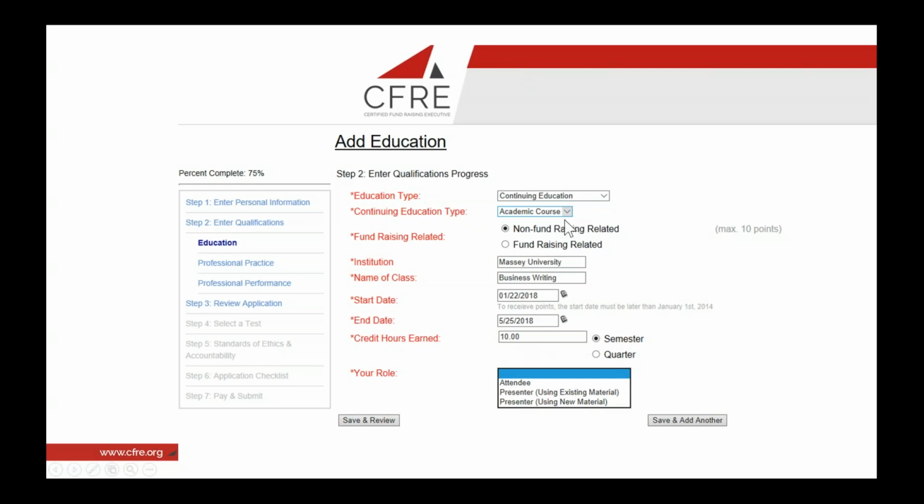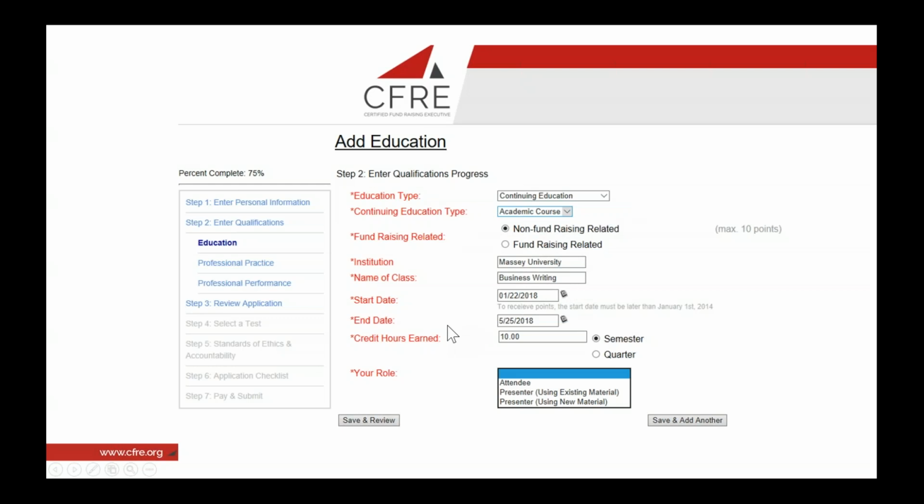And the reason this is a very specific category is because academic courses award 15 points per semester credit or 10 points per quarter credit. So you have to be very careful when you're adding something as an academic course. If you attended a conference and listed it as an academic course and put 10 hours, it's going to multiply that by 15 and give you some really high number. If you see something like that in your application and you're not sure why you see numbers that seem too high or very suspicious,